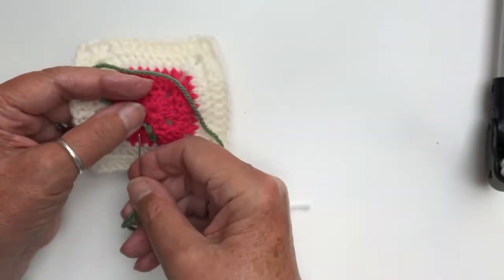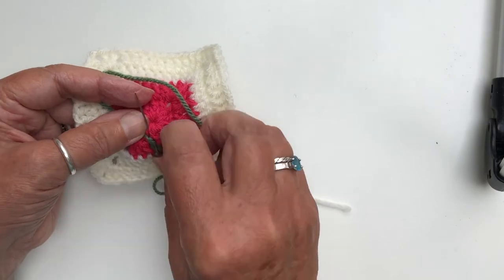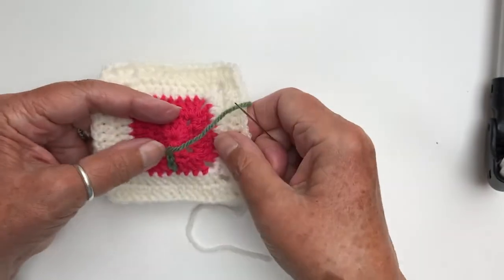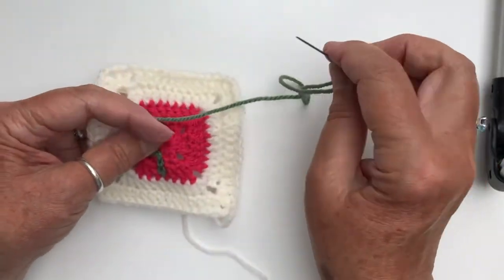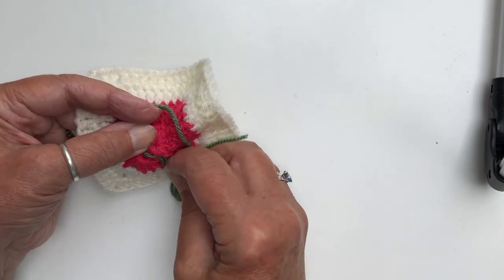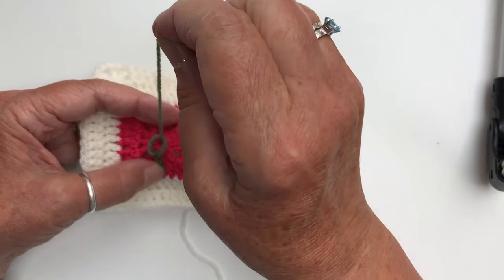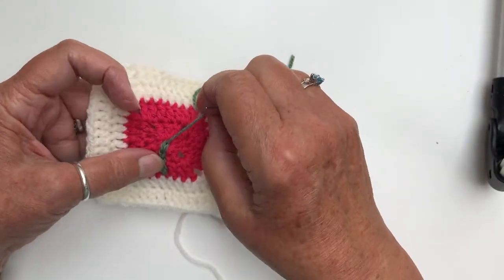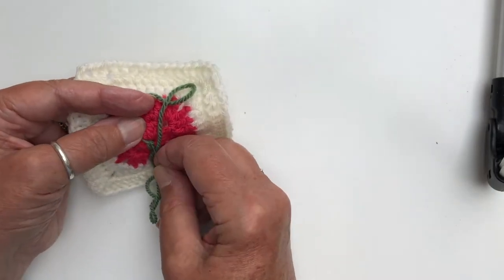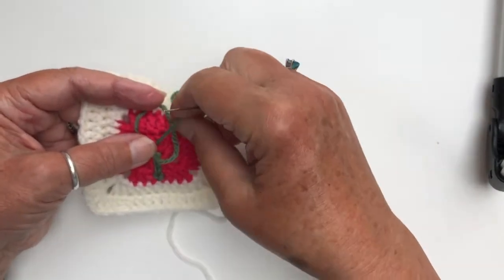Put your yarn to one side, put your needle into the chain and pick up another stitch. Now it is possible that you might go a little bit squint, it doesn't really matter. You've got the guide of the very centre of the square to let you know that you're going in the right direction, and we're halfway there, so we're going to go up another stitch, and remember this is always on